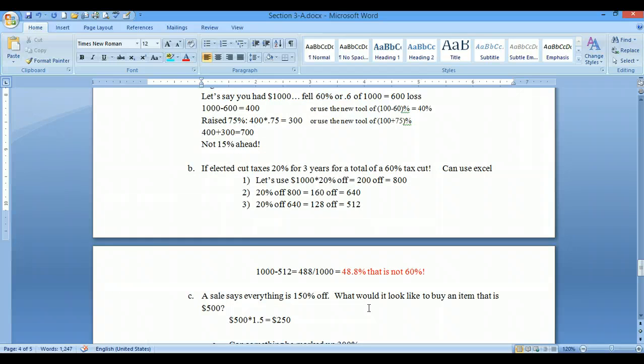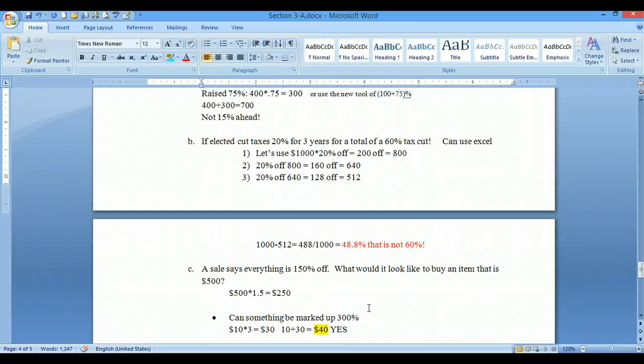Let's try our next example. If elected, a politician claims they'll cut taxes by 20% for 3 consecutive years, thus totaling a 60% tax cut. You can use Excel or your calculator. In this case, let's go ahead and do it 1 year at a time. So the first year, let's just say you pay $1,000 in taxes. A 20% cut will be 20% of 1,000 or 200 off, which is 1,000 minus 200,